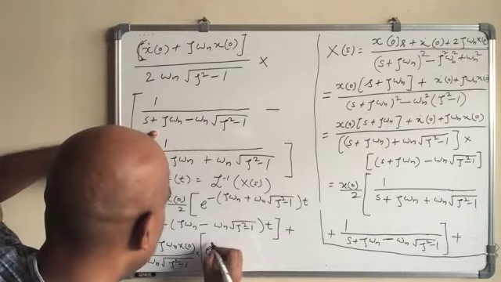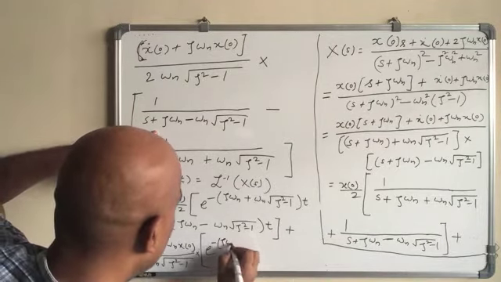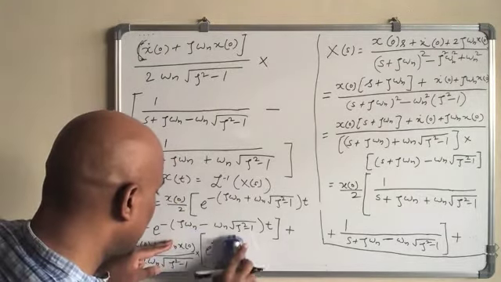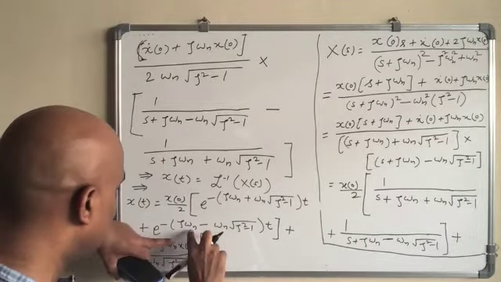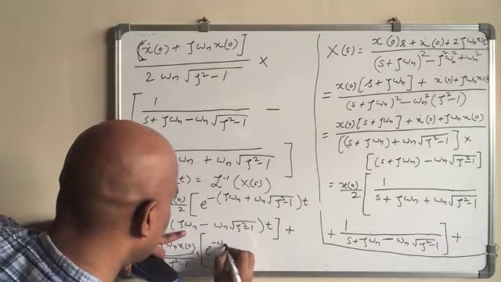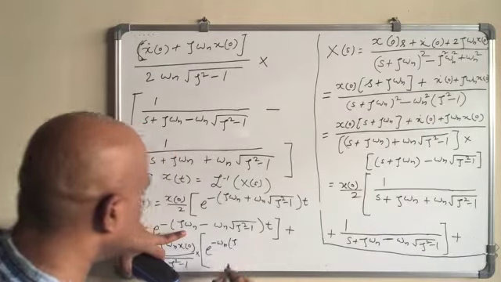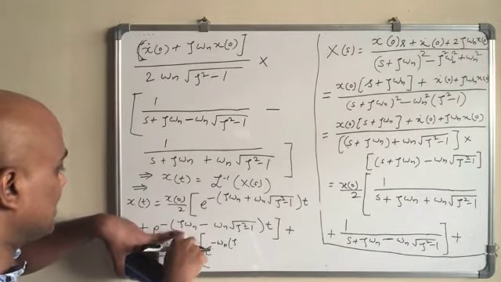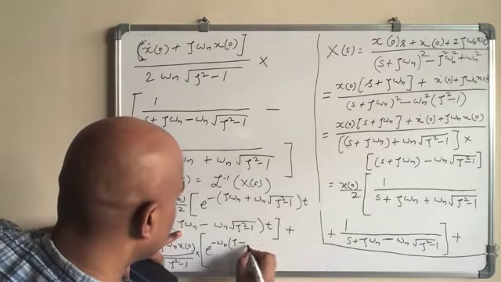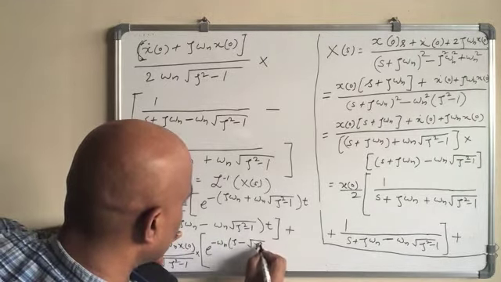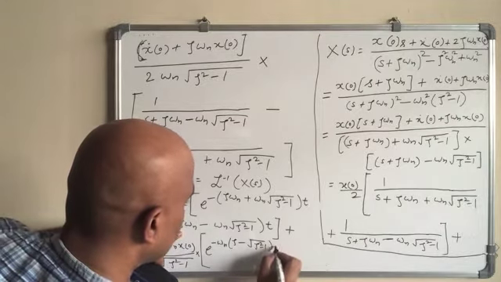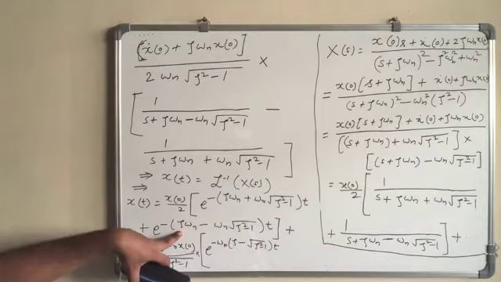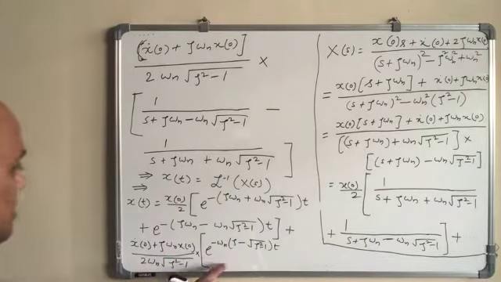So let me simplify so that it will also save some space, so minus we will take omega n outside, so omega n times zeta minus root zeta square minus 1 times t, okay,